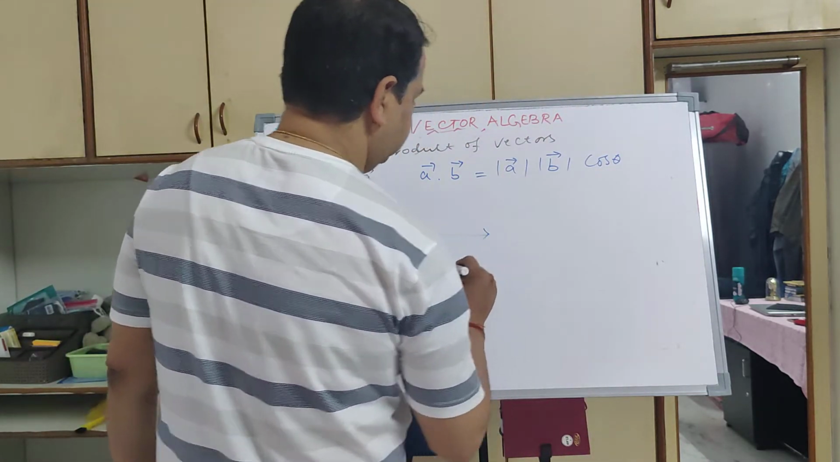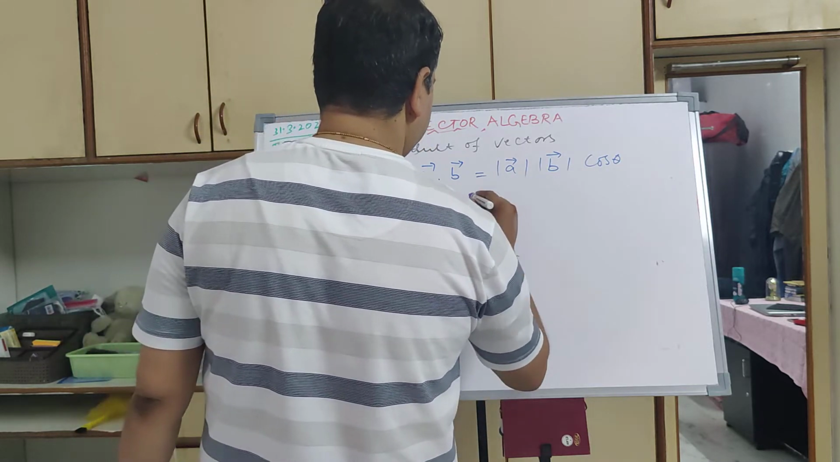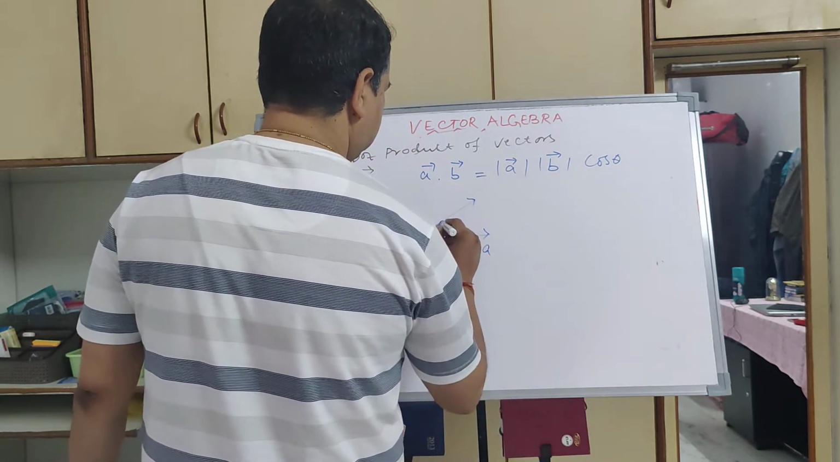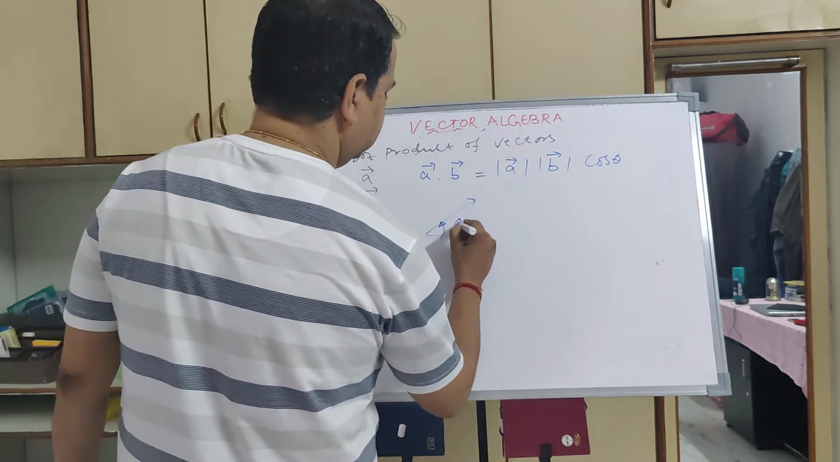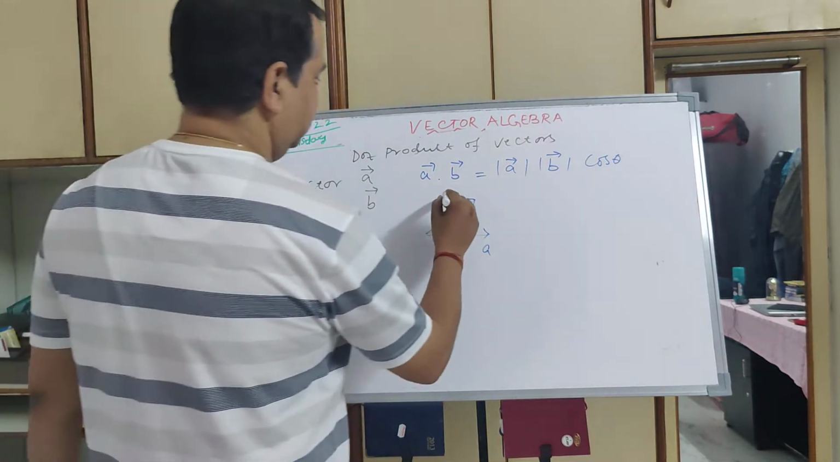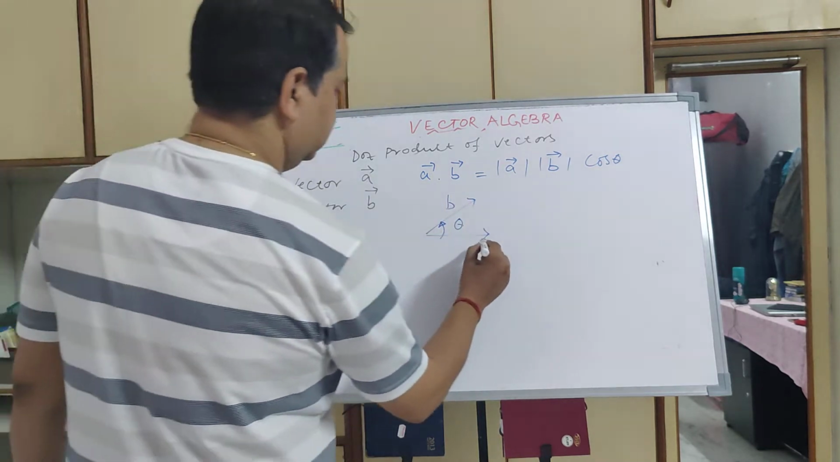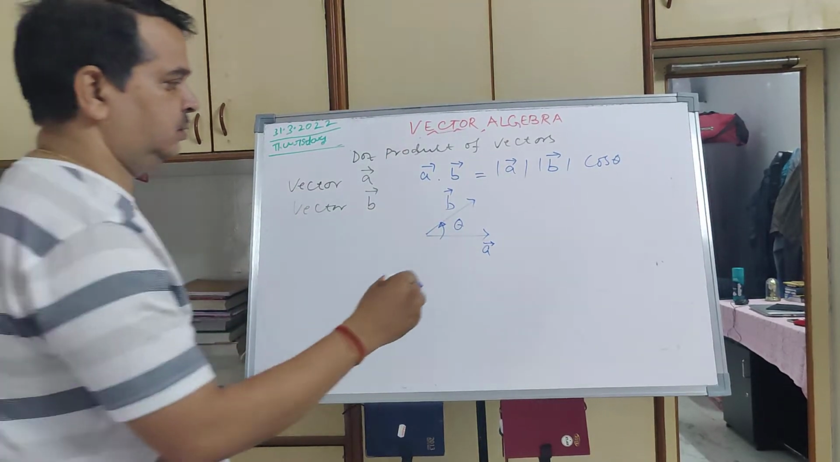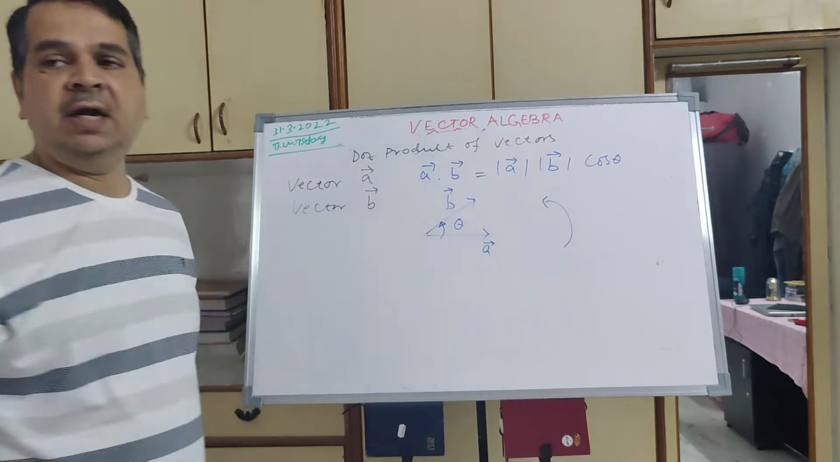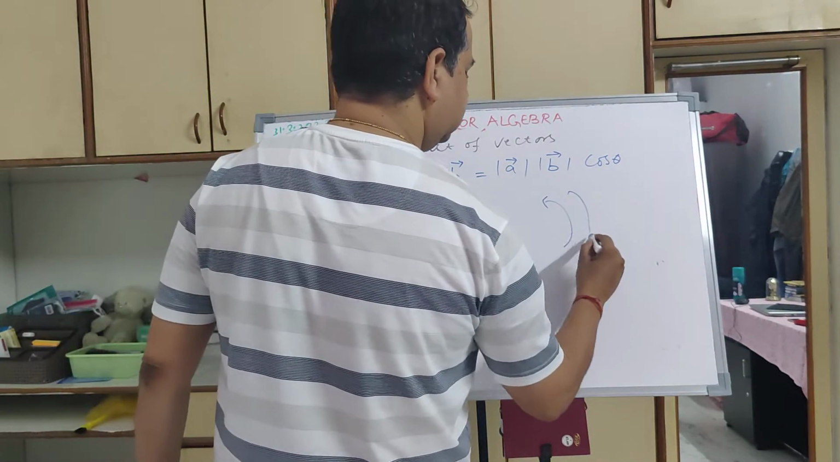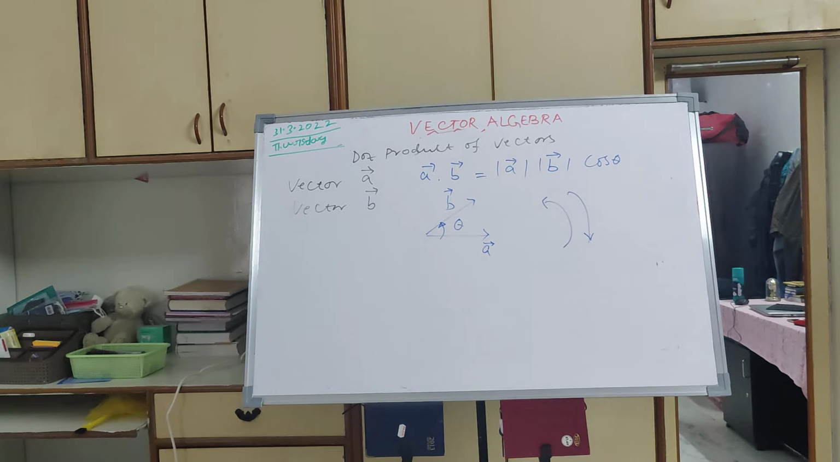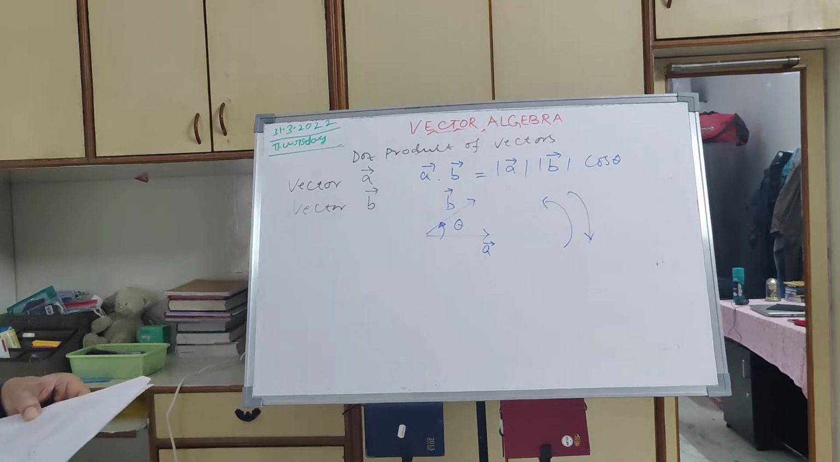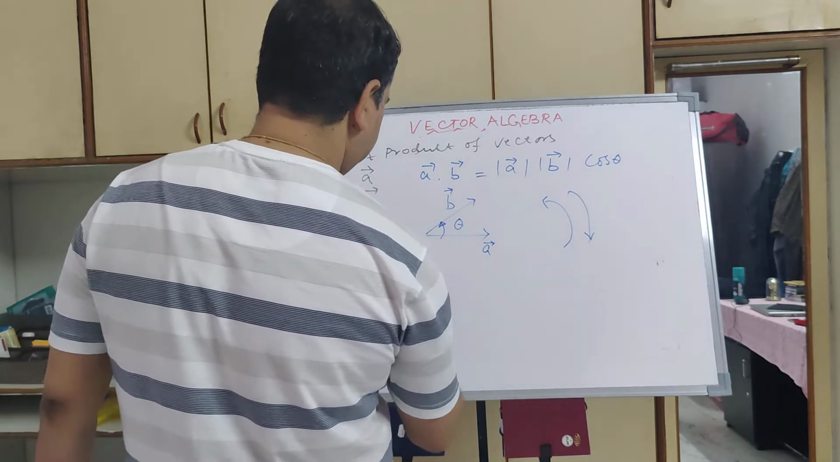Let me say this is vector A and this is vector B. So the anti-clockwise angle between A and B is called theta. This angle is measured always in the anti-clockwise direction. Something which is moving like this is called anti-clockwise, and something moving like this is called clockwise. Okay. So A dot B is equal to magnitude of A into magnitude of B into cos theta. And A dot B is a scalar,